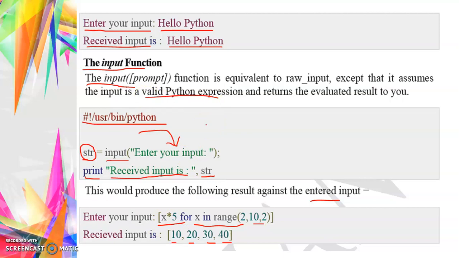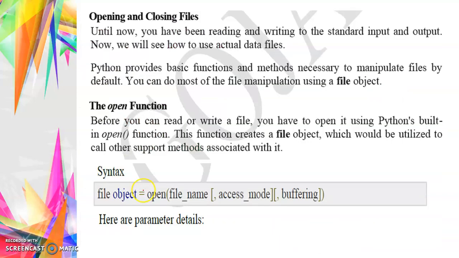X asterisk 5 for x in range of 2, 10, 2 gives 10, 20, up to 40, right?